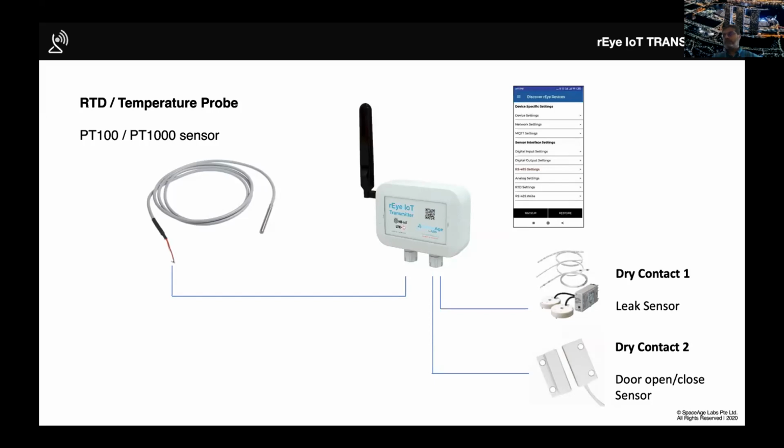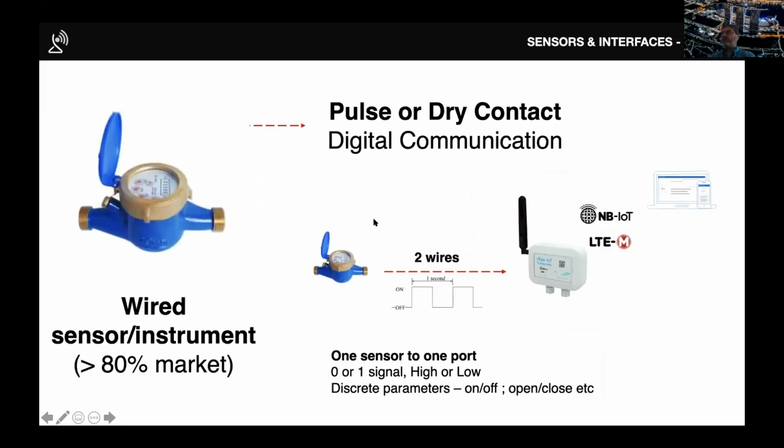There you have these specialized temperature probes, and we are capable of reading the data coming from those probes and transmitting that data as well. In terms of water meters, there are a lot of water meters coming with wireless capabilities already, but if you have older meters, which are mechanical meters, there's a way of getting pulse signals out of them. So pulse signal is just an on-off electrical signal that the meter gives. So we are able to read that and transmit that as well.